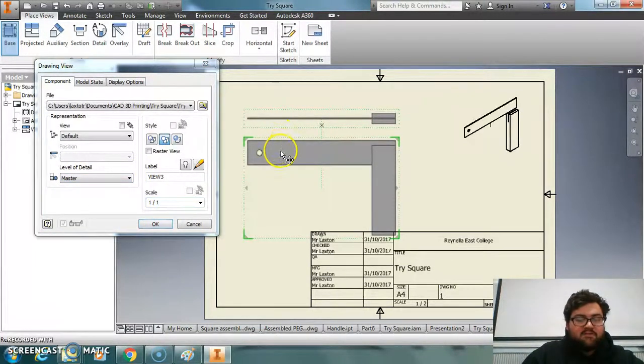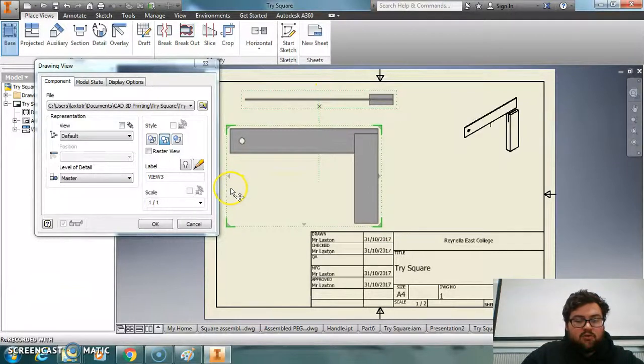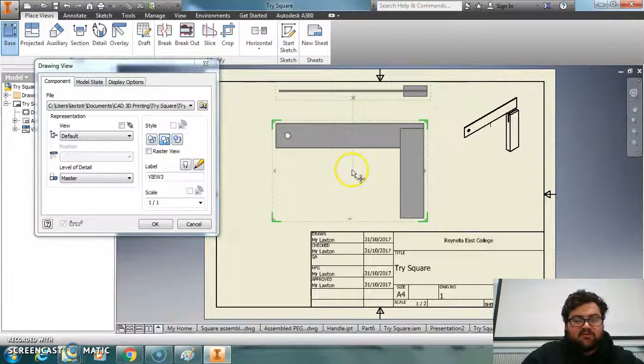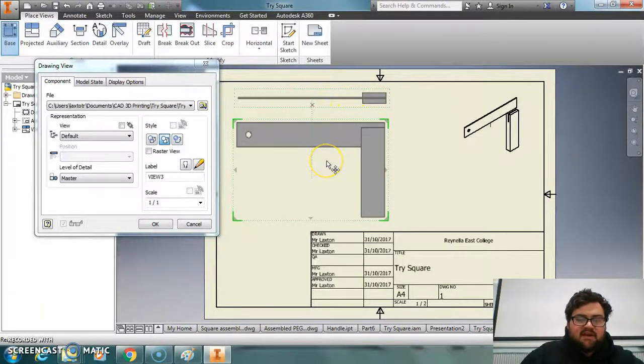Before we get out of it though, try to always make sure you move around. You don't want anything overlapping each other. You want enough room so you can fit all of your dimensions in. But remember that when you move this one around, the top one will always follow it because they have to line up. That's what makes it an engineering drawing, the fact that they both line up,